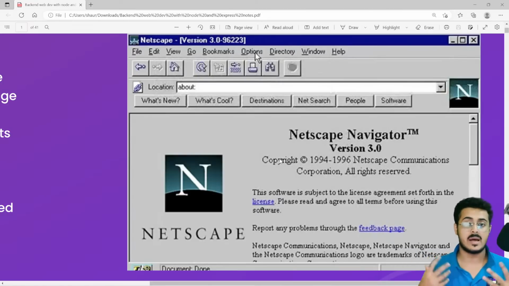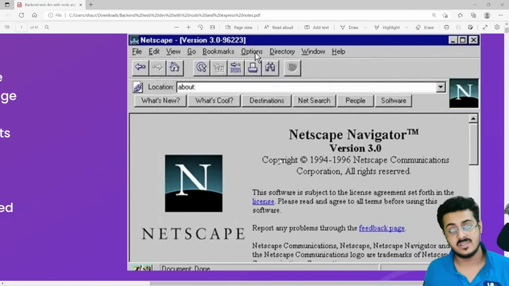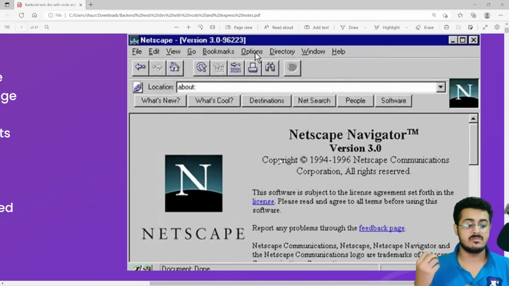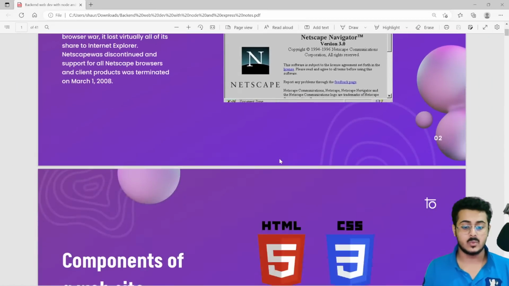And that is what I'm trying to make you guys understand: even though the technology has changed with time, maybe this Netscape Navigator was made back in C, and right now the best browsers are being made in JavaScript, the features don't change a lot. The features of the browsers remain constant up till now. That is what I want you guys to understand.